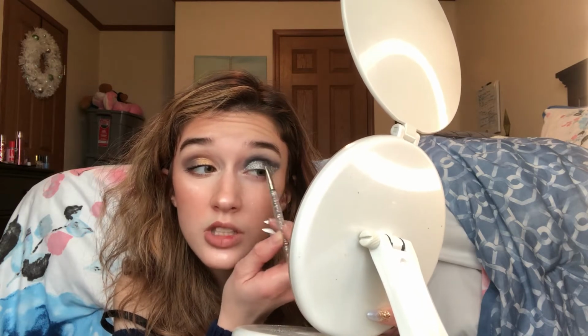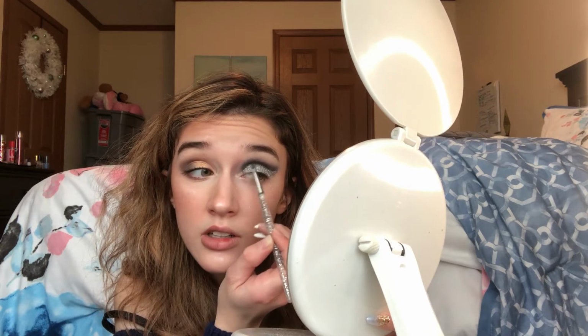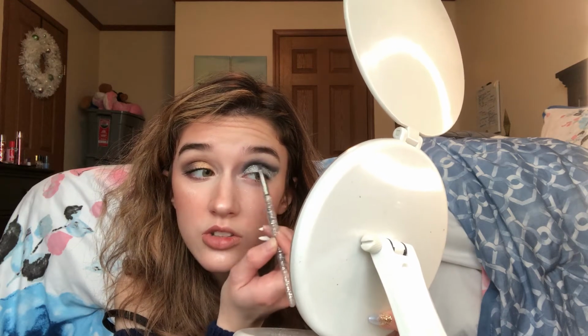And then once you place most of the glitter, if you are going to be using glitter, I would recommend for you to start with your eye first for sure on this glam side, just because there will be probably quite a bit of fallout, and you definitely would not want that to be mixed in with your foundation. I'm just going to be re-dipping into that black shade from Too Faced, and I'm just going to be really darkening that area between this black shade and the glitter where it's placed, so it just stands out even more